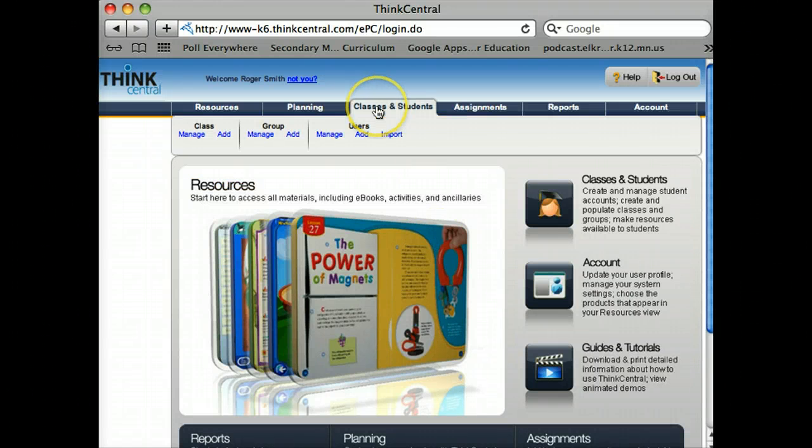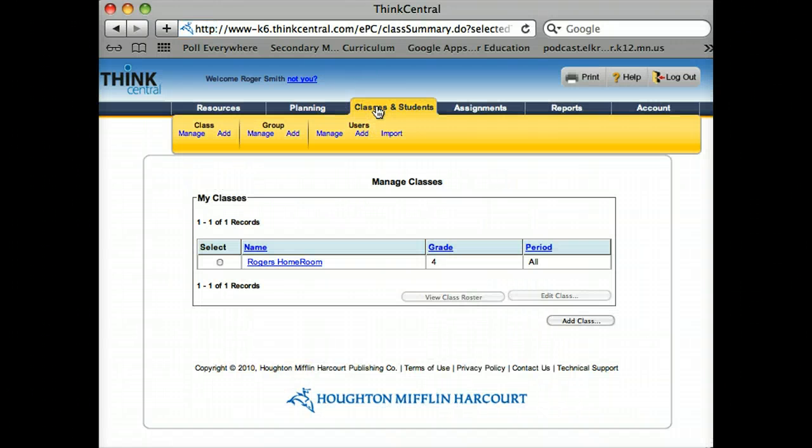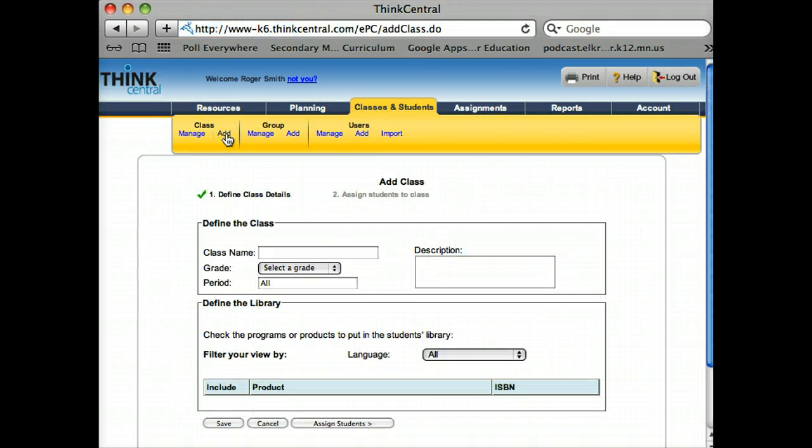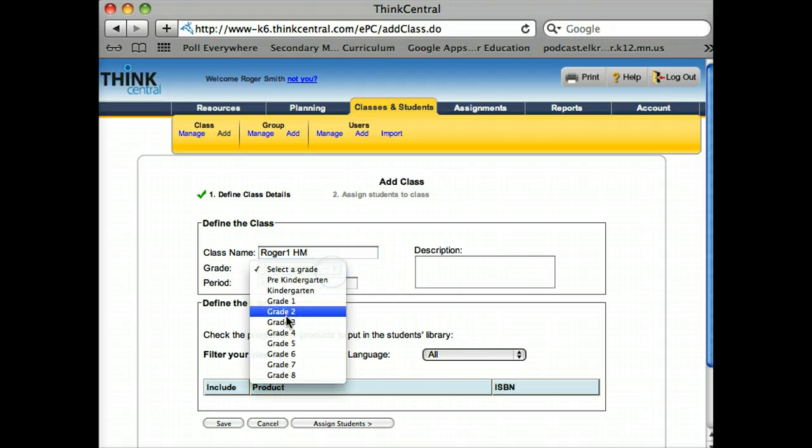At the far top of the navigation, there's a section for classes and students. And I'm going to go ahead and add a new class. And I'm going to give this class a name. You can use any name you want. I'm going to type in Roger 1 HM for homeroom, and then I'm just going to choose 4th grade as